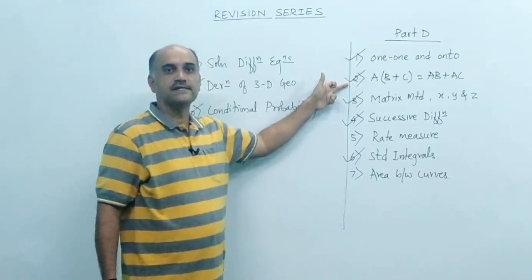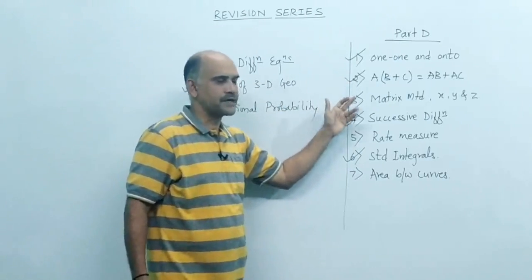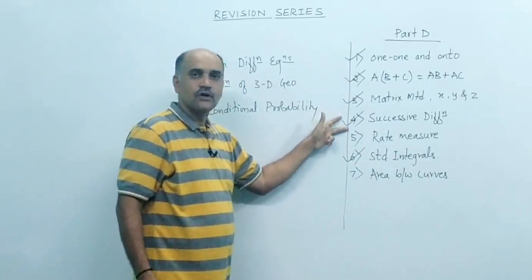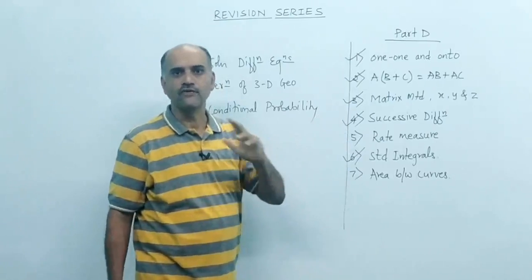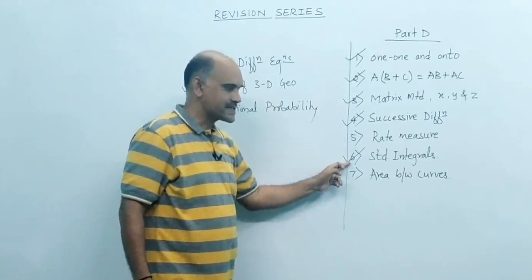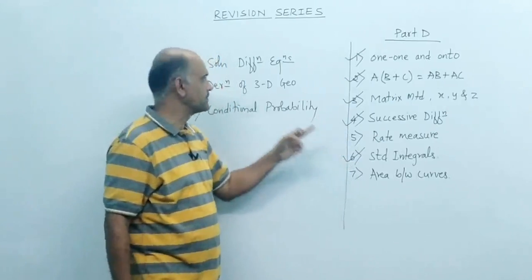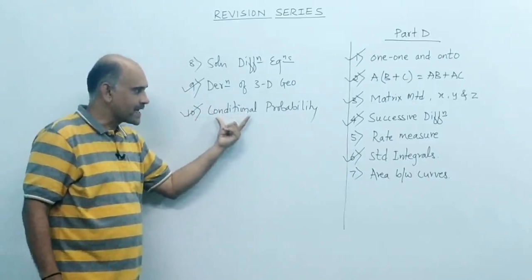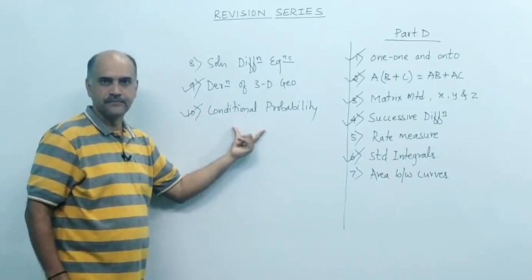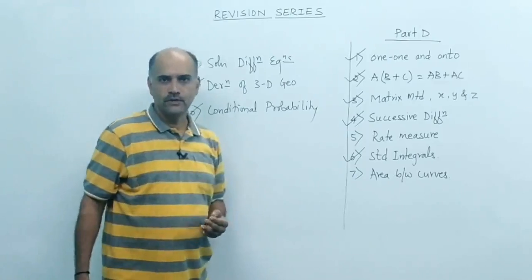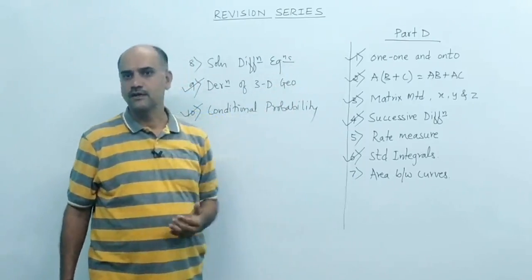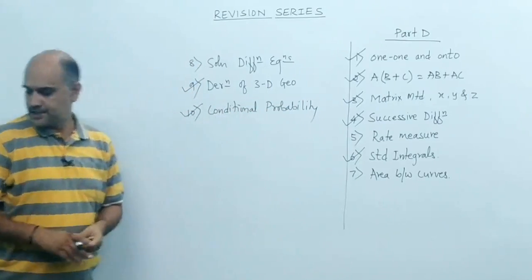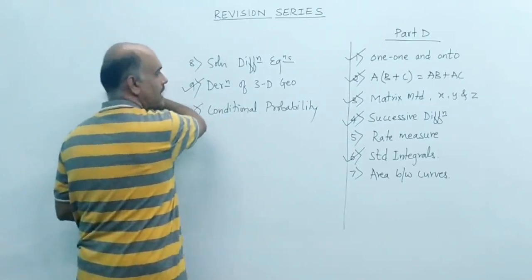This section I will leave as it is very easy. Then matrix method, how to find x, y, z, I will tell. Here also around 10 problems are there, out of that 1 you will get for sure. Here 6 problems, out of that 1 sure. Here around 6 derivations are there, out of that 1 is sure. Again I will be teaching conditional probability. Daily one video I will upload on one section, which you can go through and prepare for your annual exams. On completion of this, I will go for part E.